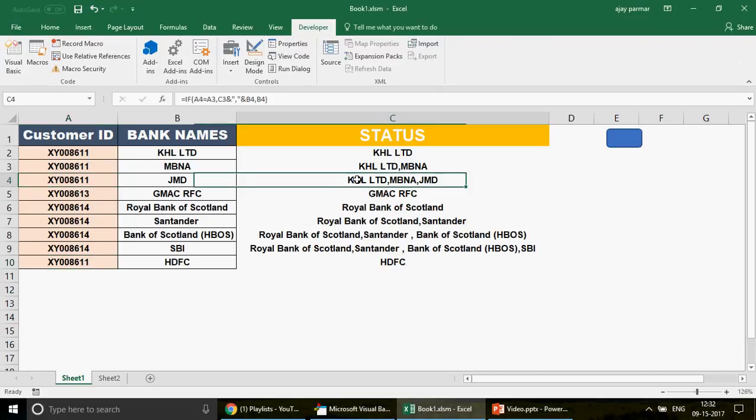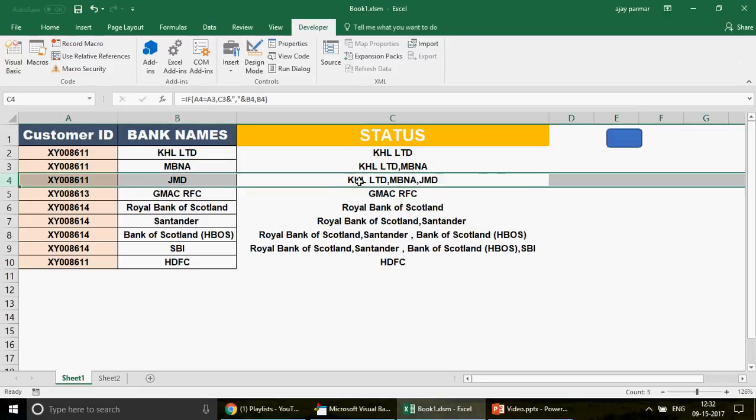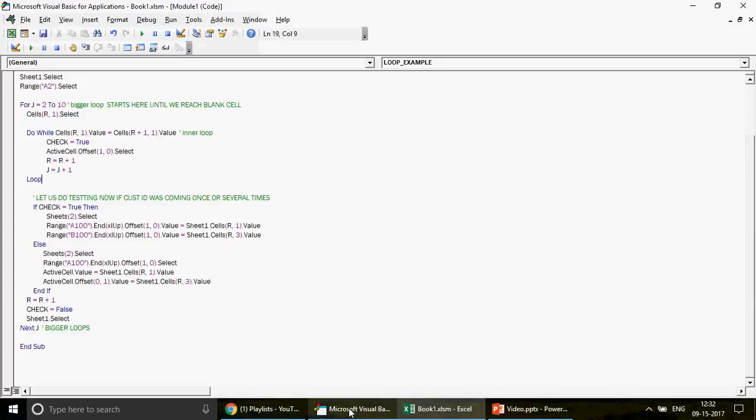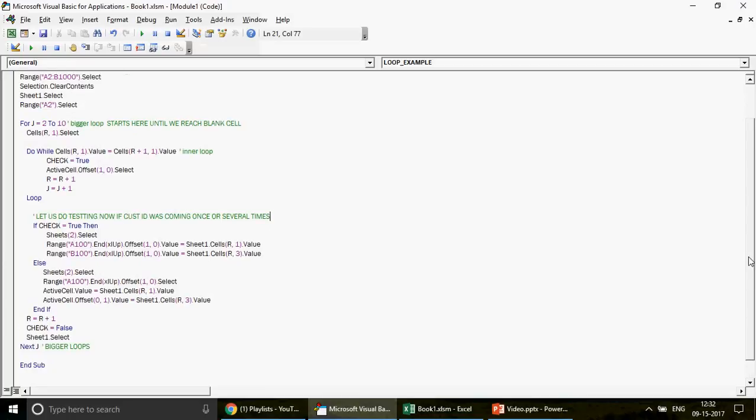So at that point in time we will be able to capture this row number, because in this row number I have two things, the status and the customer ID, and that is what is happening in this line. These are the lines where we are saying from the sheet 1 capture the row number and the column number 1, capture the row number and the column number 3. So this is how the code is, and let me just